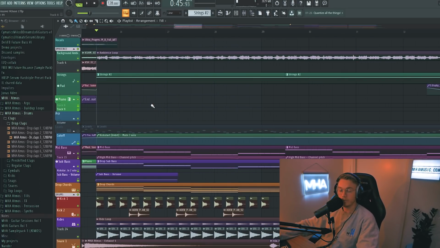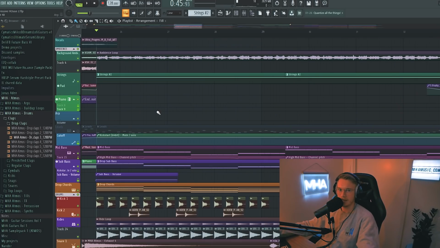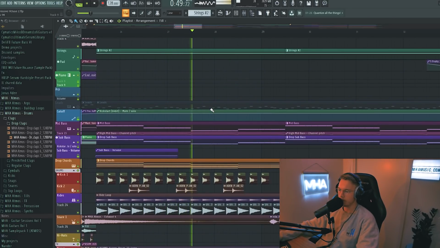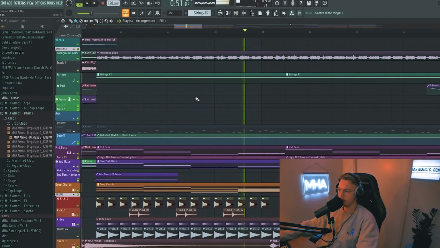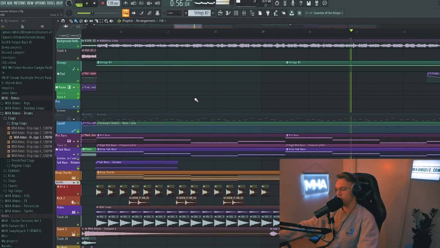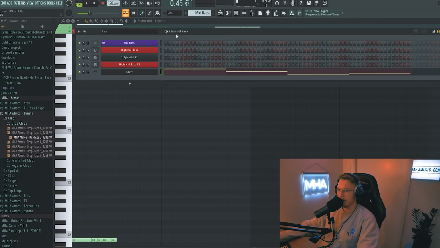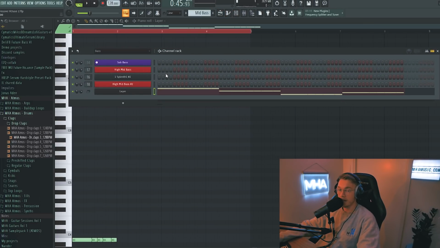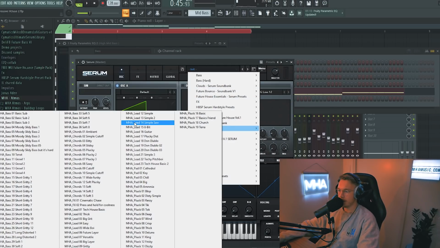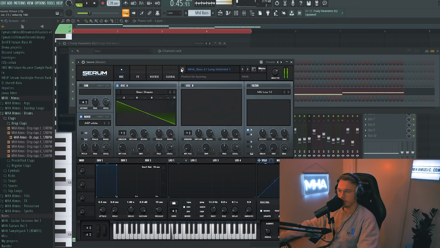If we mute the lead, then we can better identify what we can add. And I feel like the main thing that's missing is the mid bass, which he had there to start with. So I'm just gonna add my own pretty much. We're gonna go into Serum, MHA Serum Volume 1, link in the description as always. And we're gonna go for